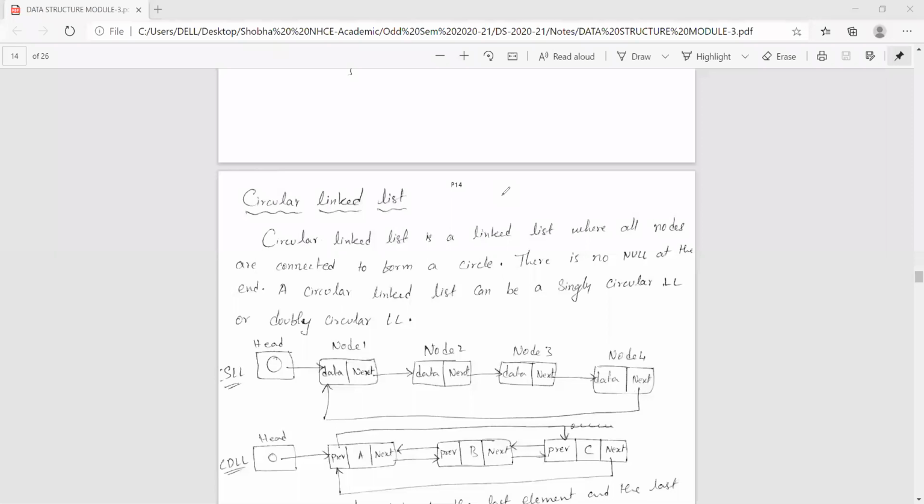So the code, the proper explanation, and then the screenshot of the output. That will be your assignment 2.